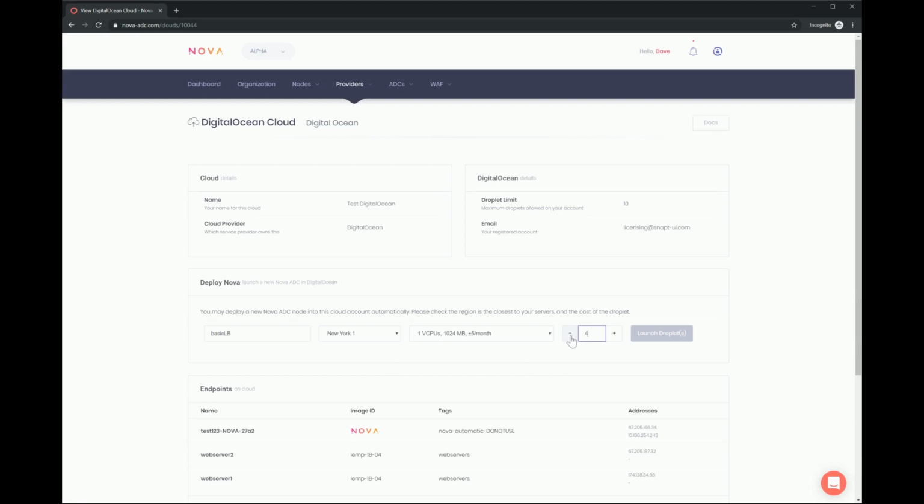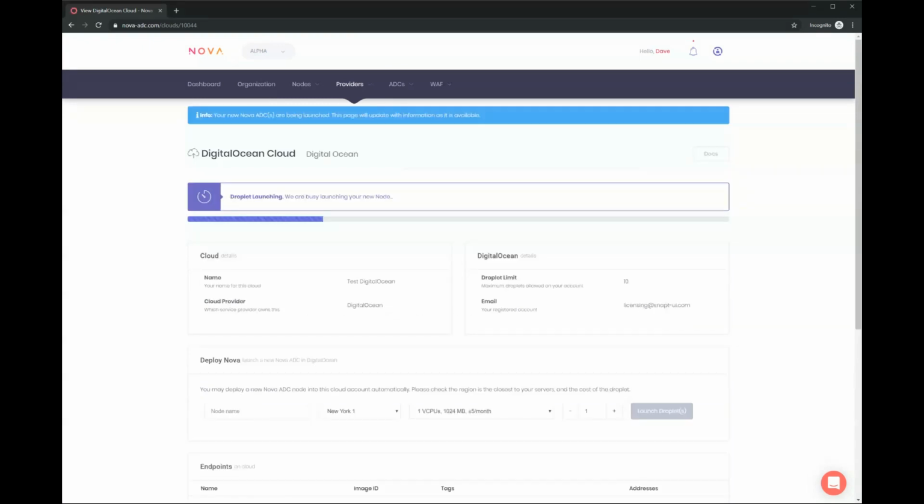This will automatically launch a new instance on your cloud for you, which will then install Nova and be up and running, and we will be able to control it from here. So depending on the cloud provider, this can take anywhere from 10 to 60 seconds. AWS is about the fastest, and DigitalOcean is probably about the slowest. It might take probably 30 to 40 seconds. But what we're doing here is launching this droplet that you configured, the 1 CPU, 1 gig of memory droplet. Then once that comes online, we'll install Nova to it. It will connect to the cloud platform and we'll be able to control it.